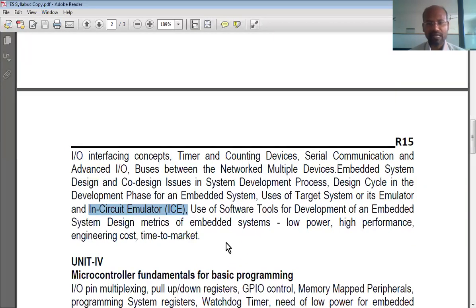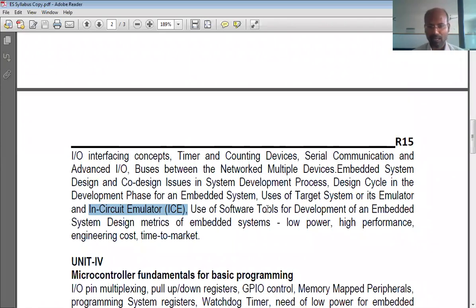Whereas an in-circuit emulator is like virtual software for the same thing we do in the hardware lab for testing purposes. We can do many things in the virtual software, which is called an emulator. It is not only software, it is hardware too, which we will talk about in Unit 3.